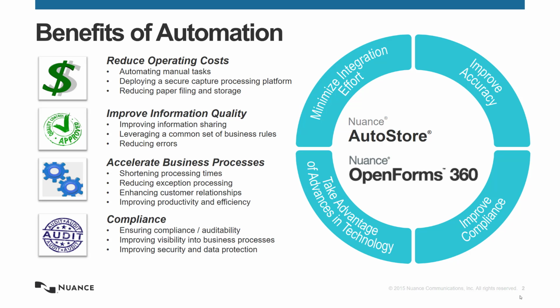whether that information comes from databases, whether it comes from human intervention, or whether it comes from documentation, whether that's paper, electronic, etc., allows a business to operate much more efficiently, accelerating the business processing and shortening the processing times. It reduces the exception processing, enhances customer relationships, allows a business to be much more compliant and visible, and it allows the improvement of information sharing and reduces costs by deploying a secure capture processing platform, reduces